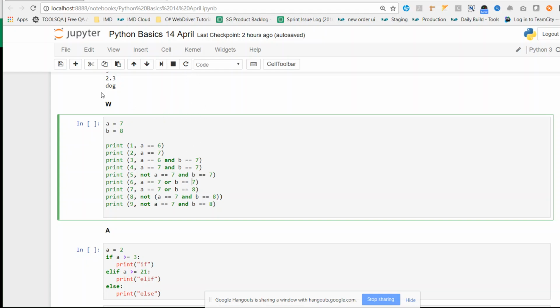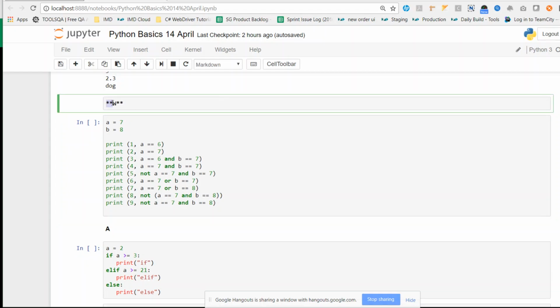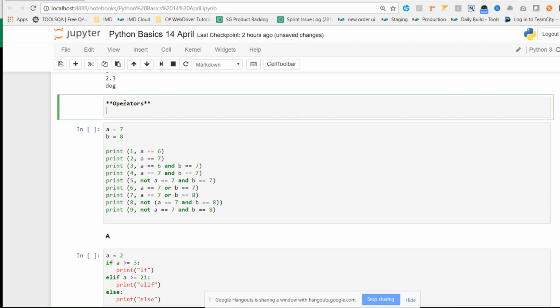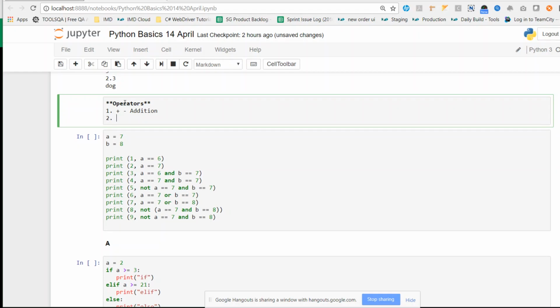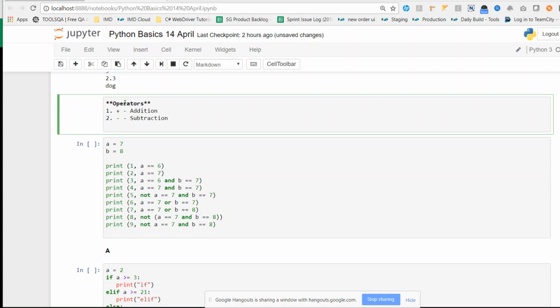We'll start with the operations or operators. We'll not give much time on this because it is the same in all the languages. Like plus is for addition, minus is for subtraction, asterisk is to multiply,